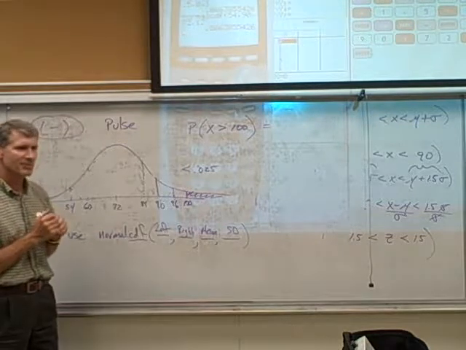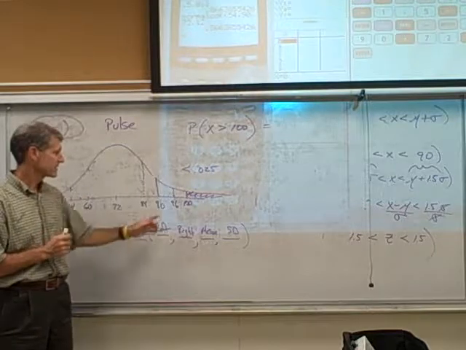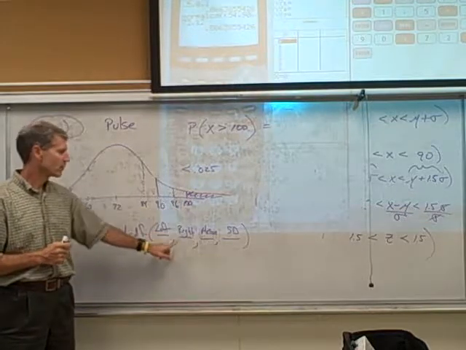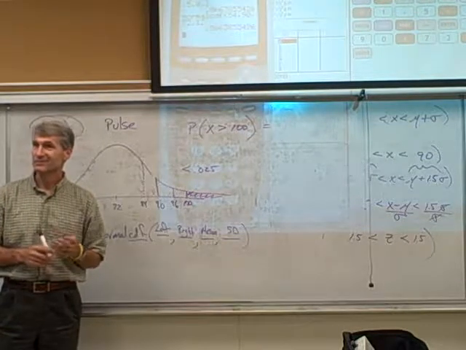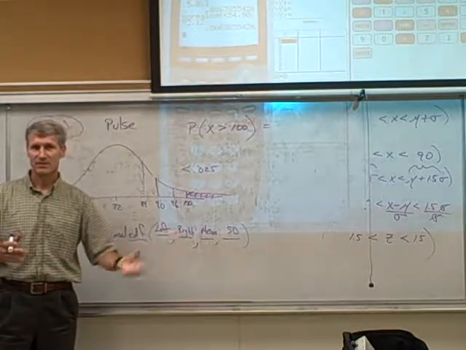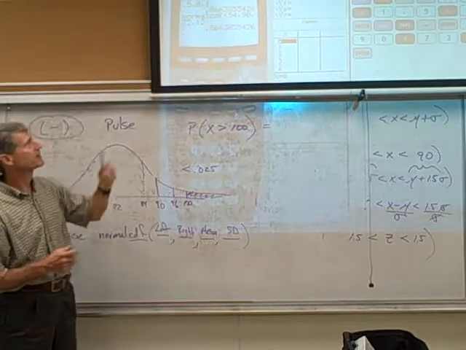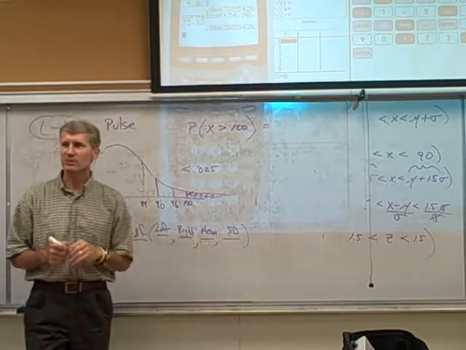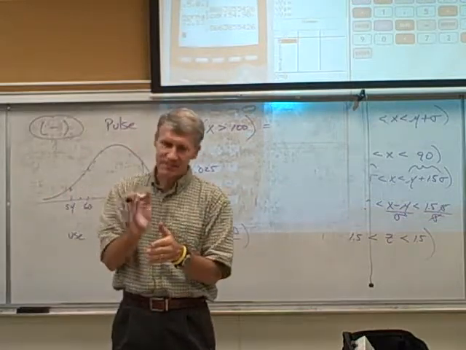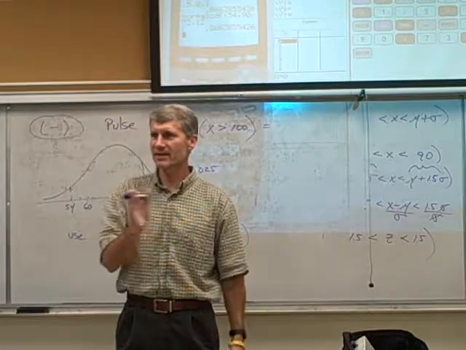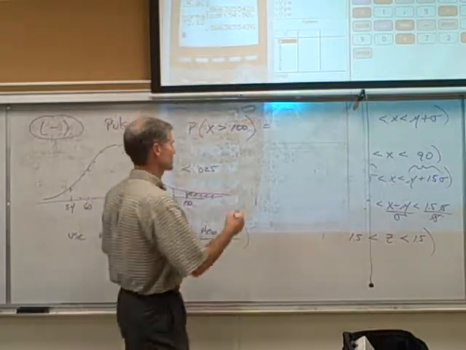Well, we have a problem now with left and right. The left is easy. The left is 100. What's the right edge of my shaded region? There isn't one. So we put in positive infinity. Now, calculator doesn't handle infinity too well, so just put in a big old number. So what I always tell people, just put in a bunch of 9s. 9, 9, 9, 9, 9, 9, 9, 9. Okay? Which is great. The author says put in